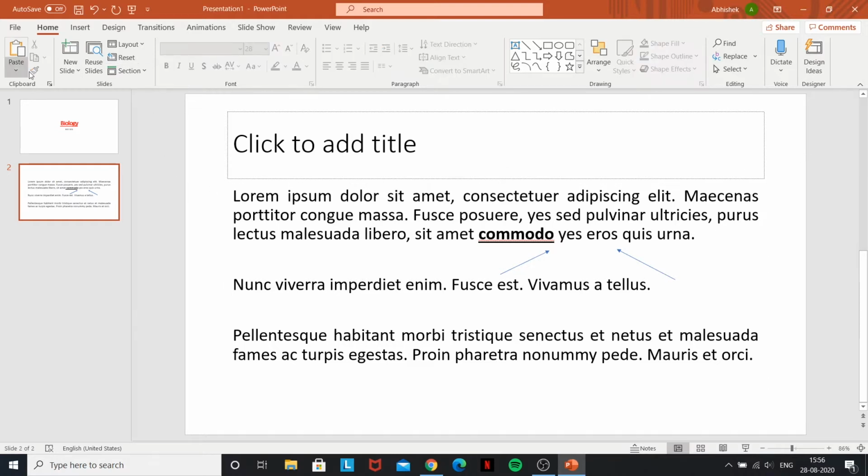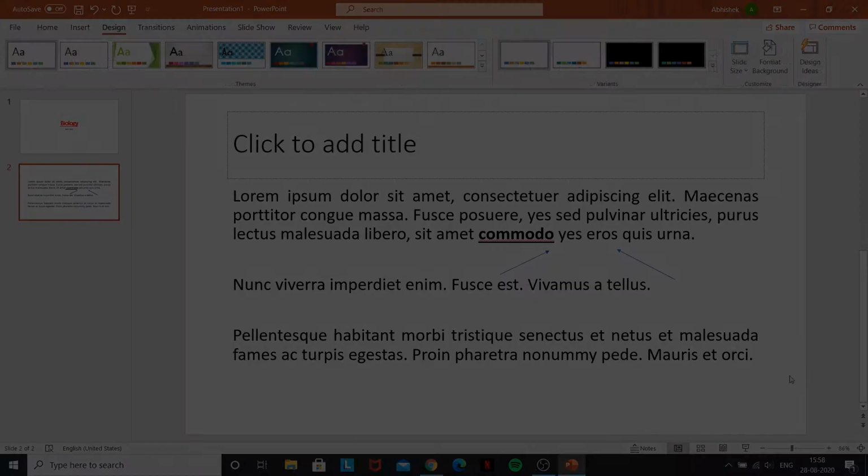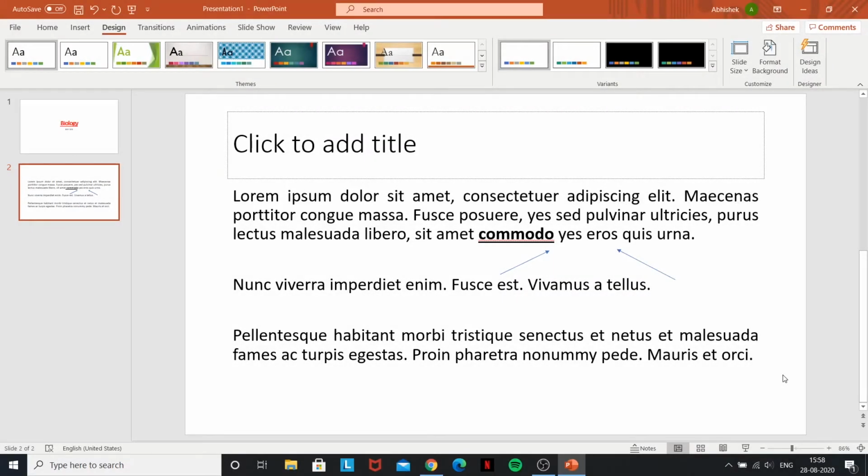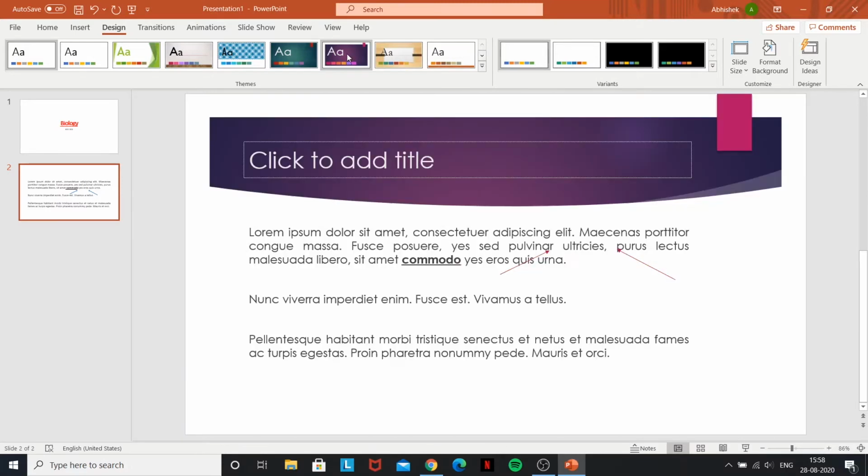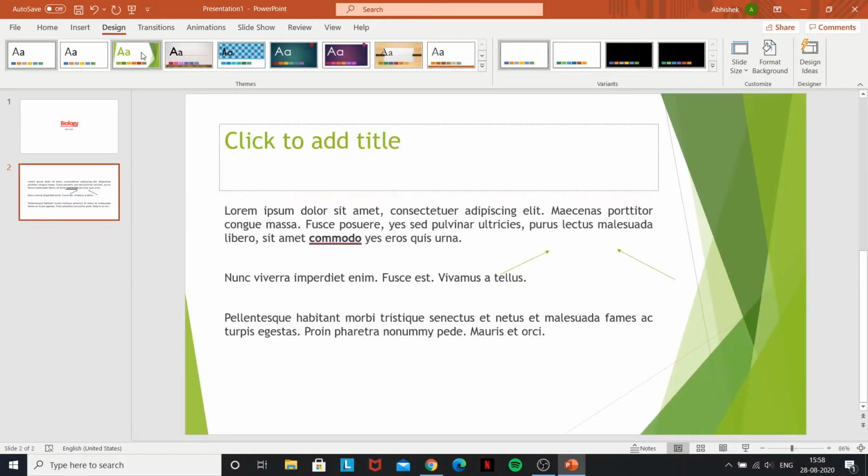In the Home tab, that's pretty much all that you can do with these tools. And now we'll be going on to the Insert tab. But before going to the Insert tab, I thought Design would be a good tool to understand. Design just lets you format your document better and gives you a design that you could use as a background. As you can see, there are multiple design variants that you can use.